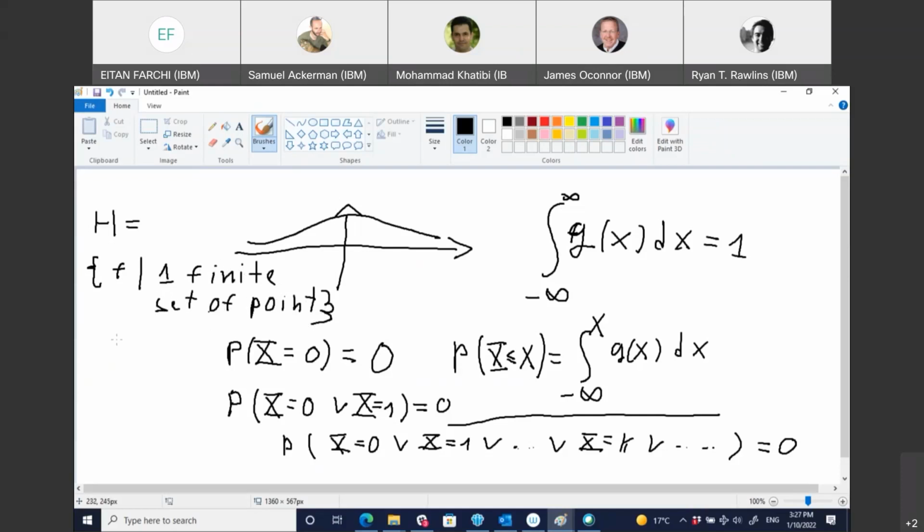So think about f as something like that. Say, for instance, at this point it gives me a 1, at this point it gives me a 1, at this point it gives me a 1. Finite, and everything else is 0. That's my h. And assume that the adversary chose